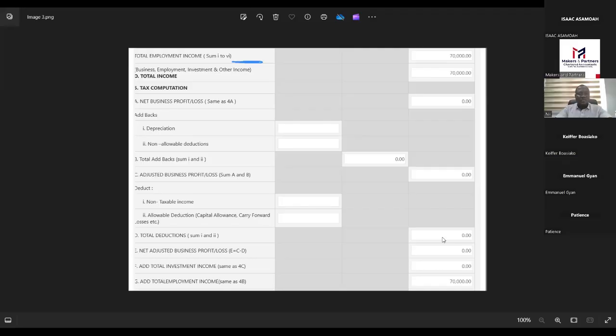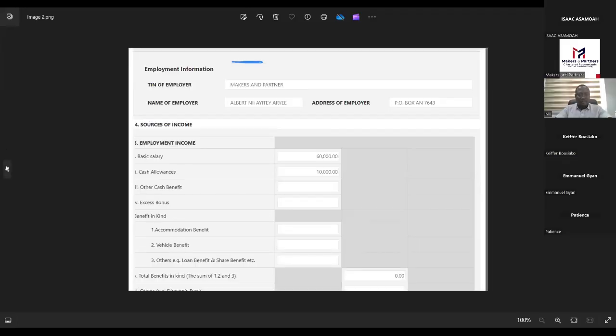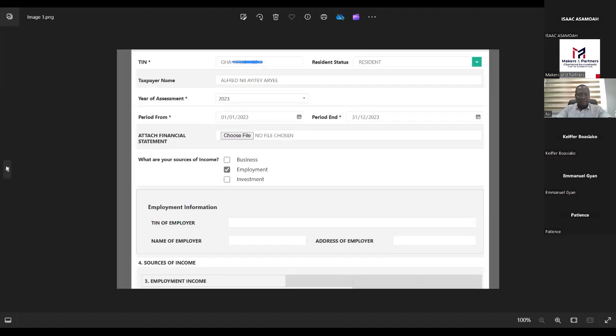Let's go to the first column. So assuming we click business, the interface will change.